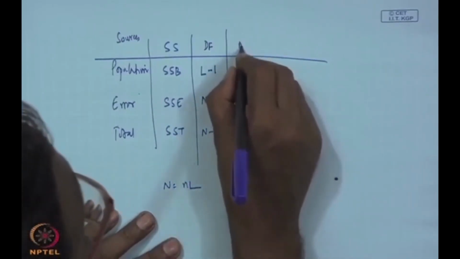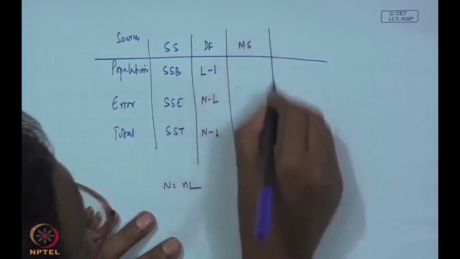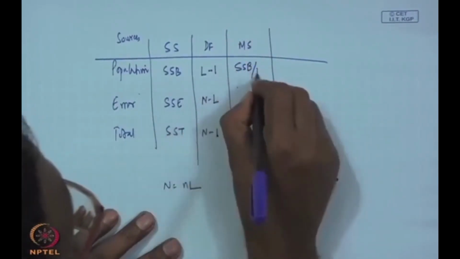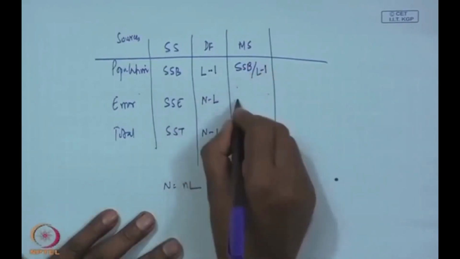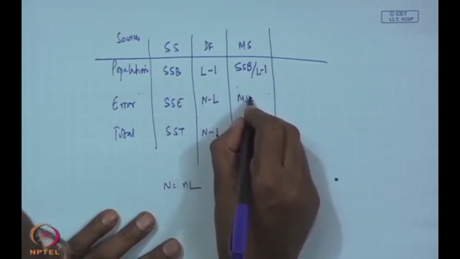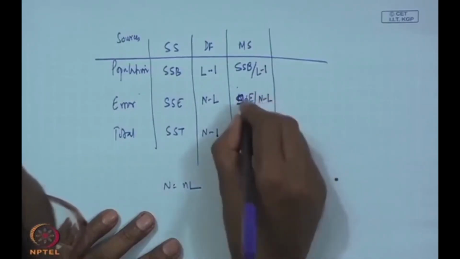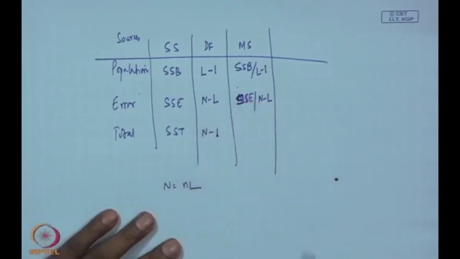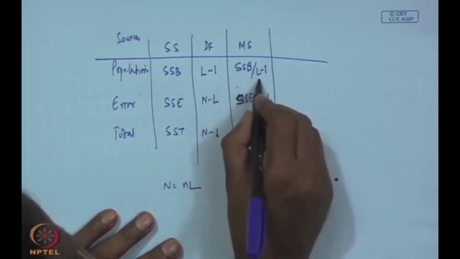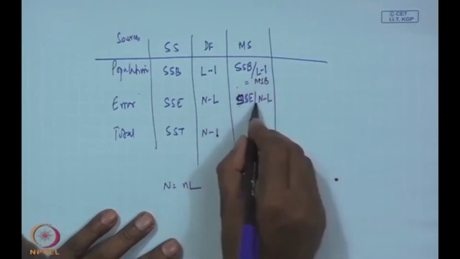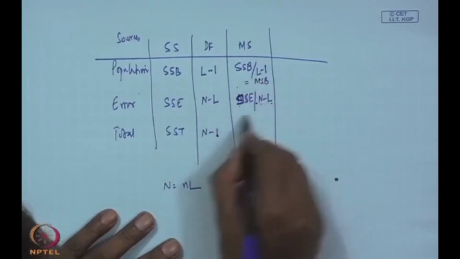And then we are talking about the mean square, which is SSB by L minus 1 and SSE by N minus L. That means SSB by L minus 1 is MSB, and SSE by N minus L is